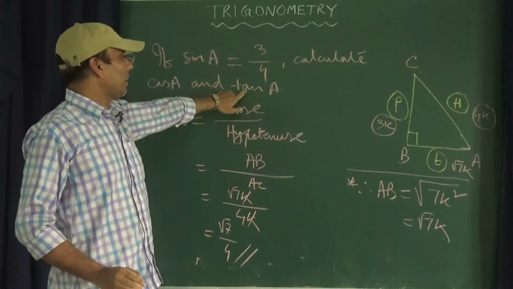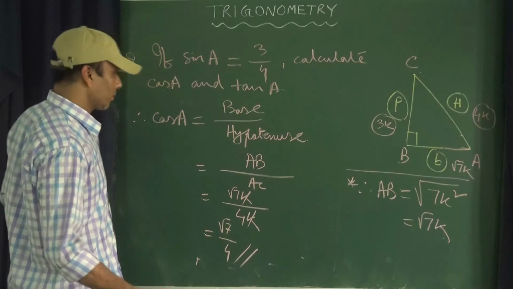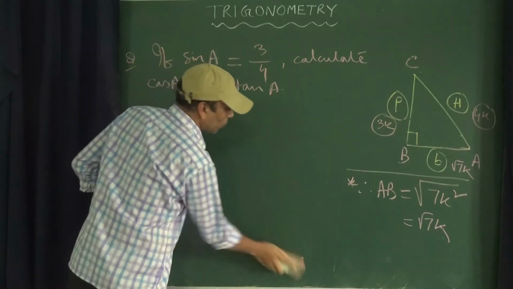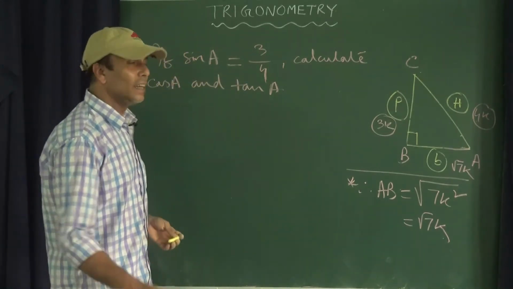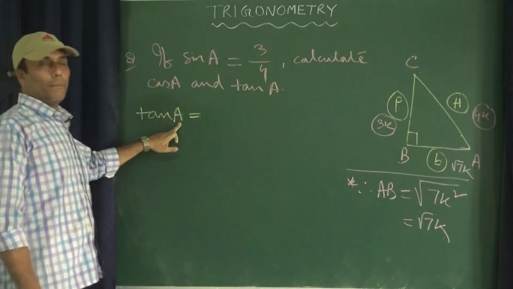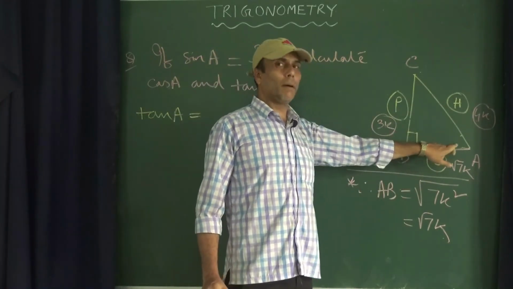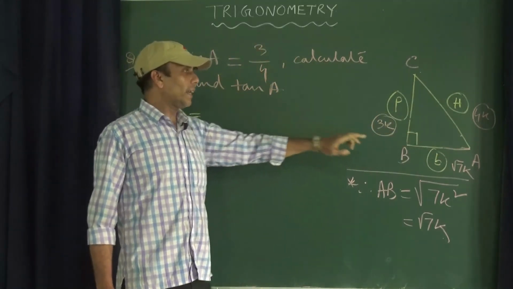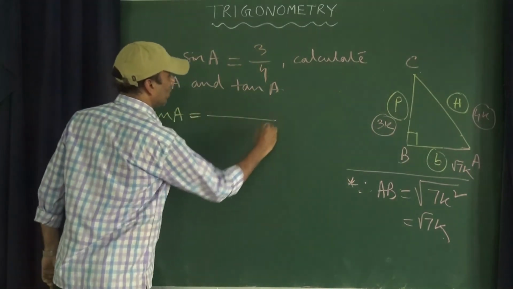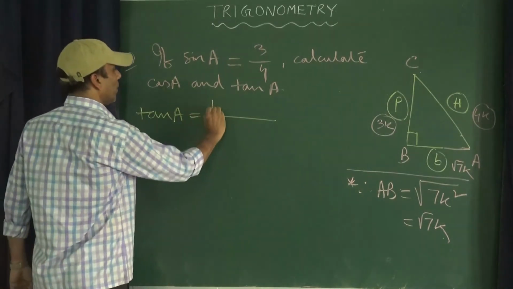Now one more part is left, tan A also in the same way we will have to calculate. Have you remembered how to define tan theta in terms of two sides of a right angle triangle? So here in place of theta, A will come, because the name of the angle is A, not theta. While we wrote the formula we used theta, but in this case we are not given theta. Directly we have to write the name of the angle, which is A. So tan A equal to perpendicular by base.